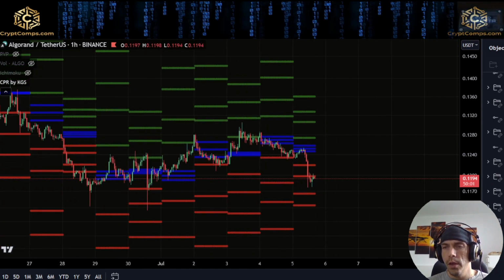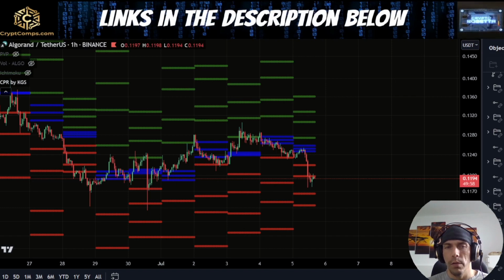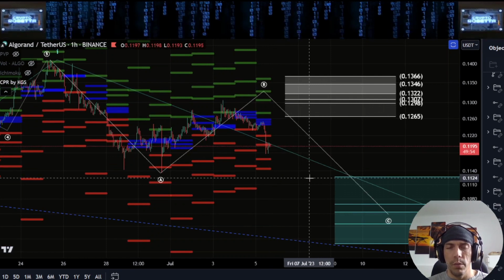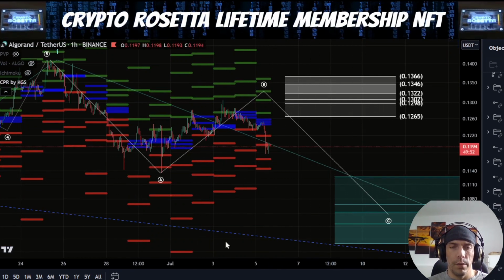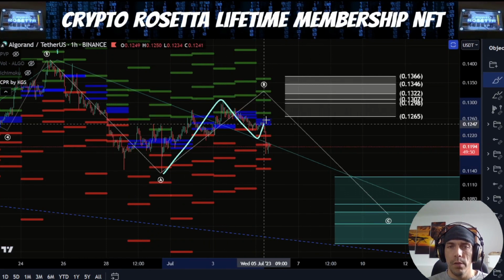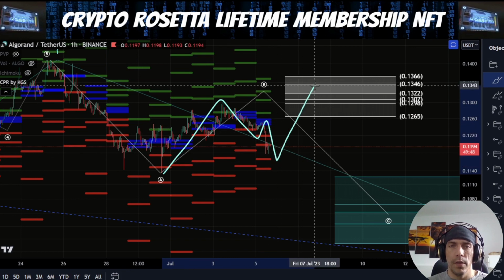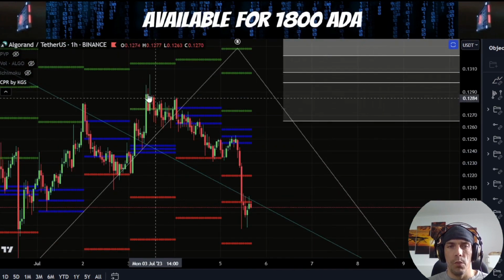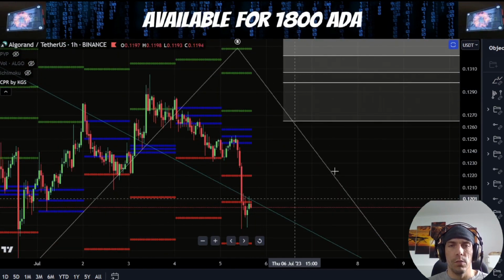Now, if we are looking at the possibility of that breakout idea, this wouldn't really align with the C wave in my opinion, but it could align in the fact that this could be an A. We see this as a B wave down here, and then potentially still look to push to the upside. If we do see a reversal from where we are, where this is potentially a completed move here,